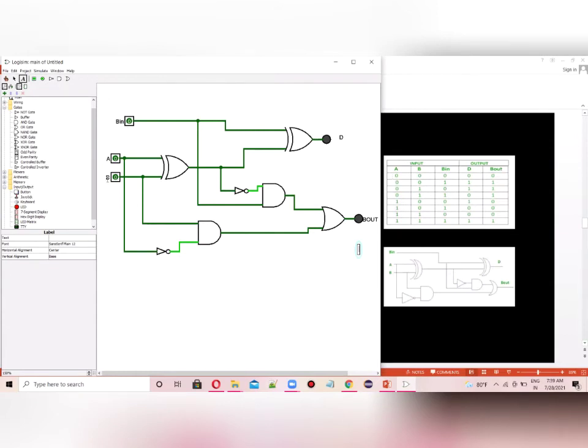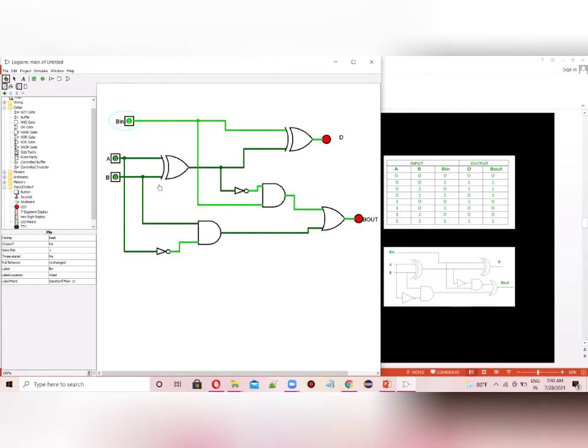If all the inputs are off, then the outputs are also off. That is correct according to our circuit. Now let's check the second case. Bin is 1 and the others are 0. We can see that both the LEDs are on. So that is also perfectly correct.